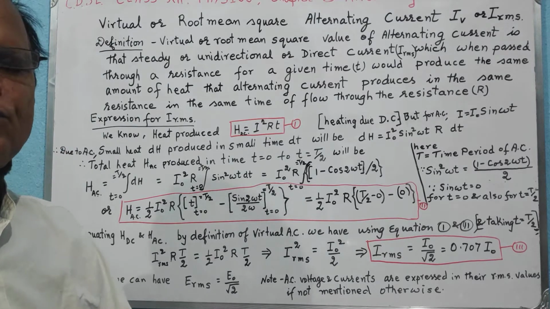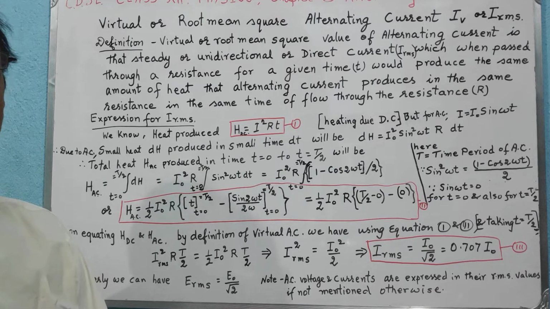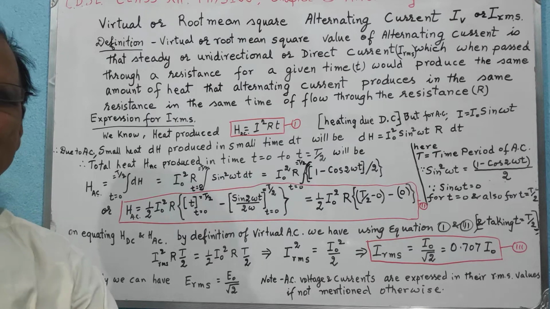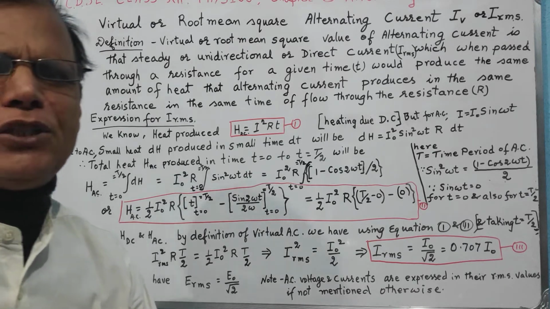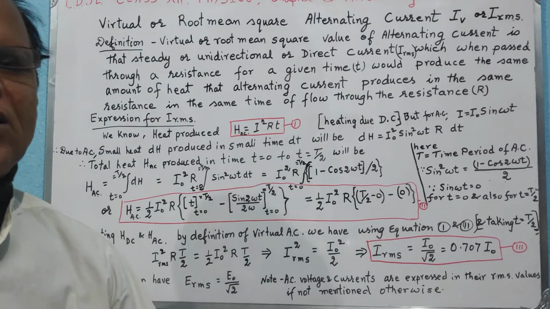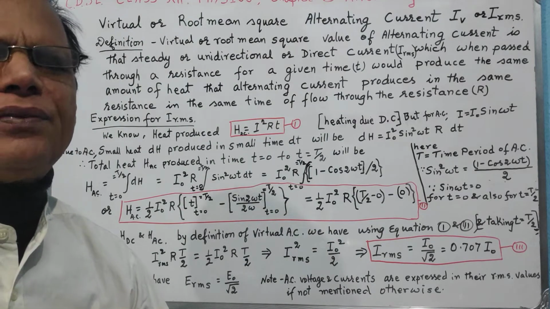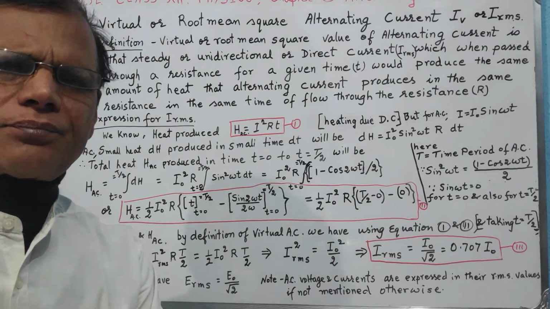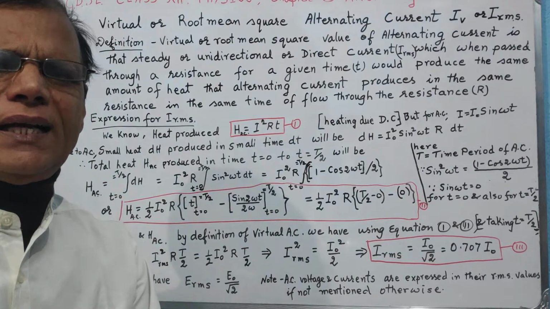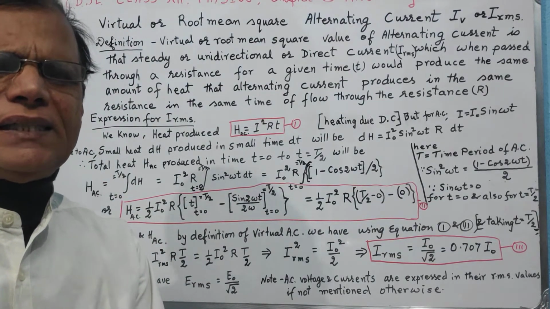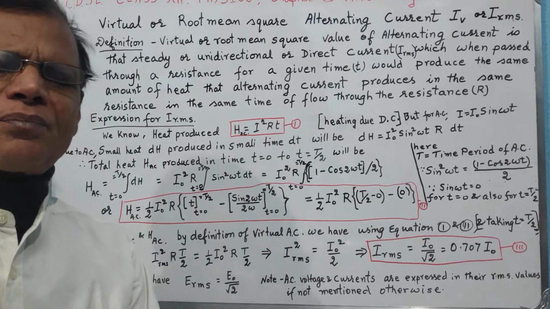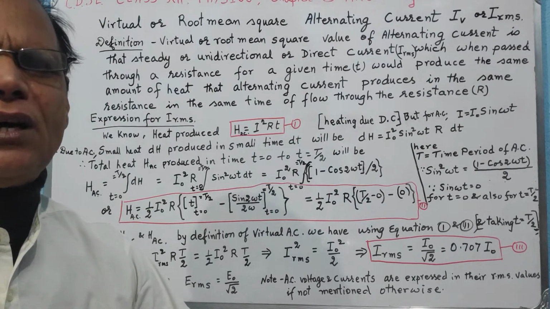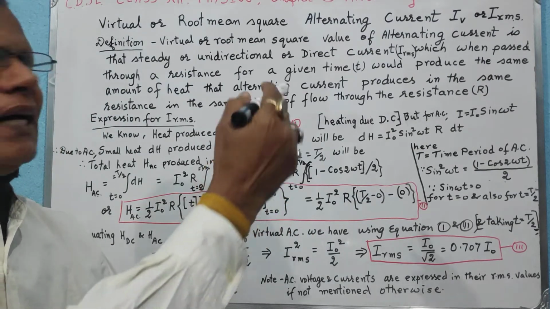So that could not be the yardstick for the alternating currents. Means total charge flown will always become 0 after completion of each cycle. So therefore we needed to find something more fundamental. Now the fundamental thing is that whether charge flows in one direction or in another direction, heat will be produced each time, and that will follow the Joule's law of heating. Means H is equal to I square RT.